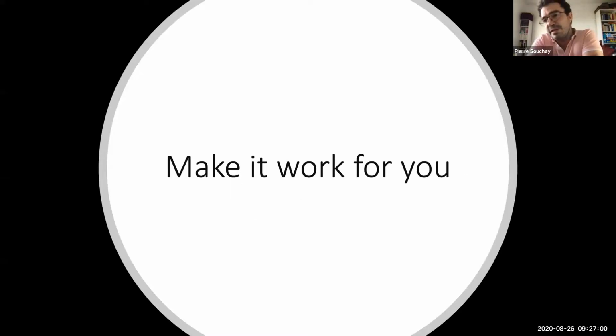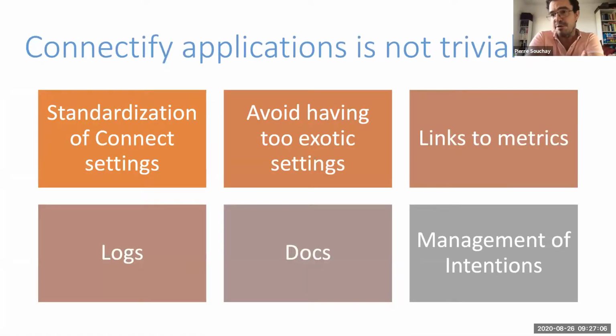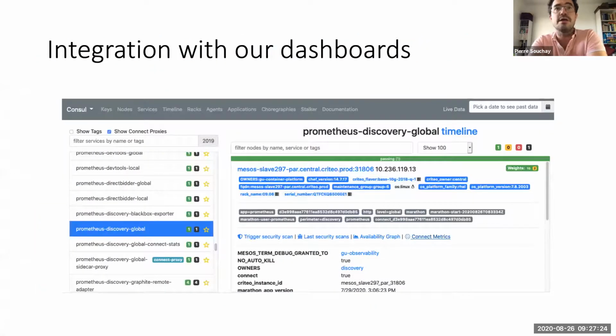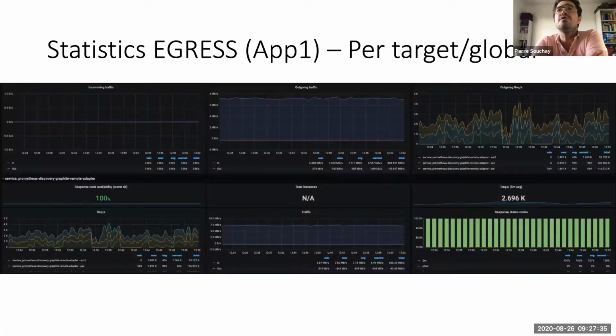So what did we have to do to make it work? The first thing was the standardization of all the features of Connect we wanted to use, to avoid using too exotic settings. You also want to have links to the various metrics of your proxies. You want logs, you want docs, management of intentions. Here are a few screenshots of our Consul dashboard that show a link to Connect metrics, as you can see on this slide. Whenever you click on this, you go to our Grafana graph for the correct service in the correct data center. And here you can see